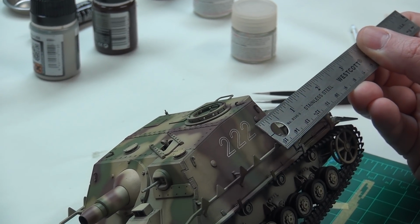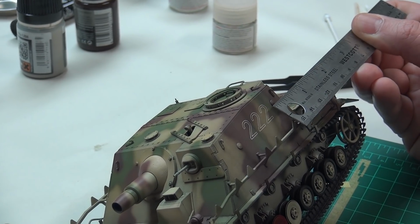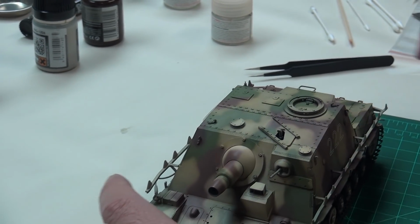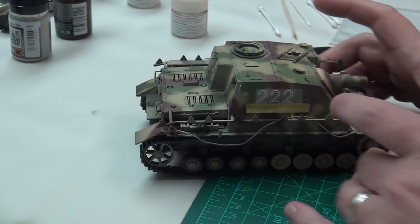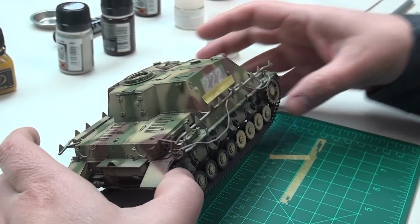Maybe a 32nd of an inch off, but you know what? For the sake of pulling it off and moving, I'm not gonna tempt fate. I'm not gonna muck with it. I think that looks pretty good. So